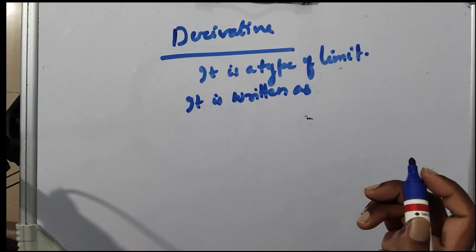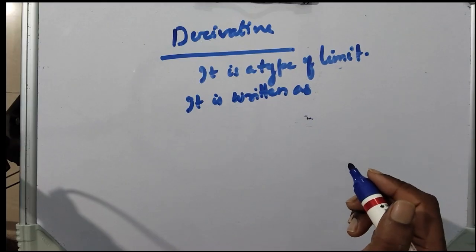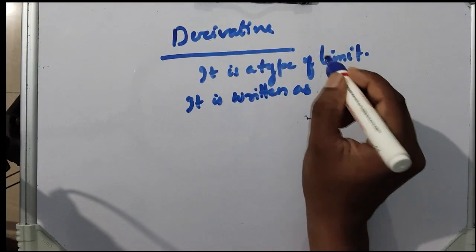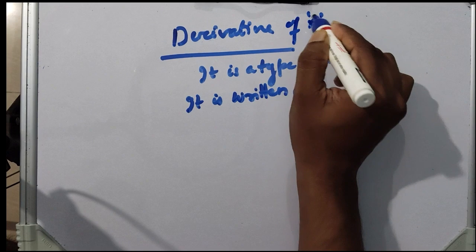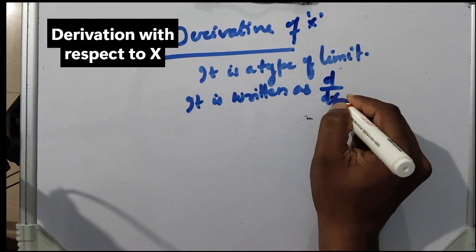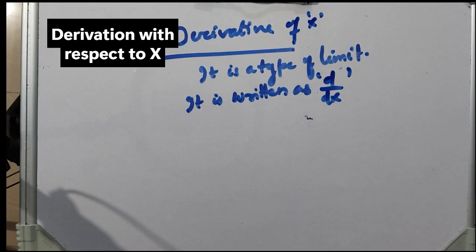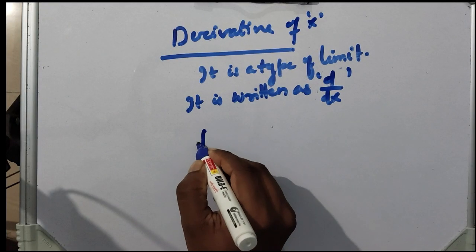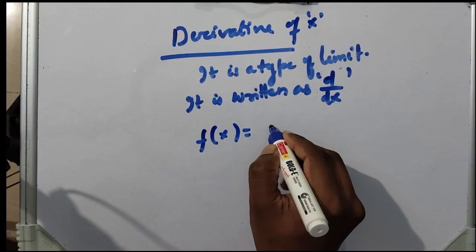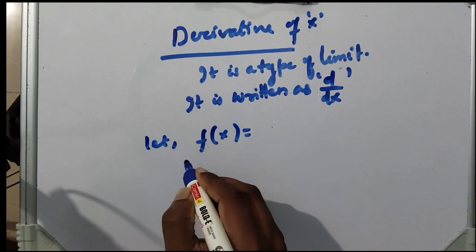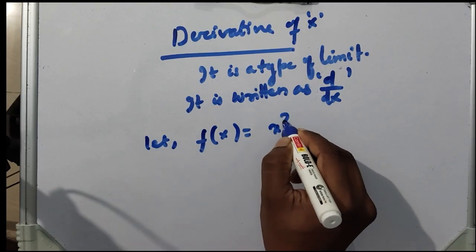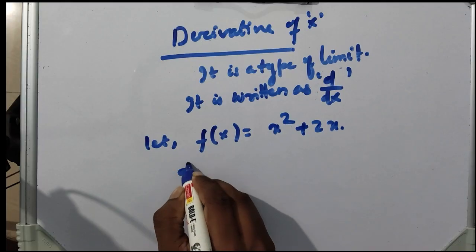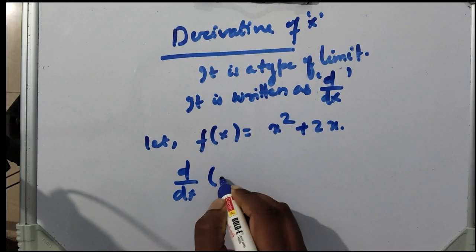It is written as the derivative of x, so dy/dx. So what is a derivative and how is it written? Let f of x be a function, let f of x be the function x square plus 2x. Now dy/dx of f(x)